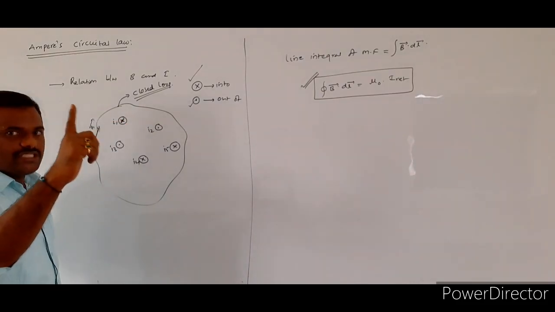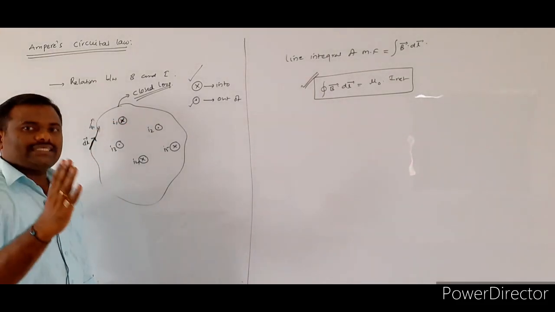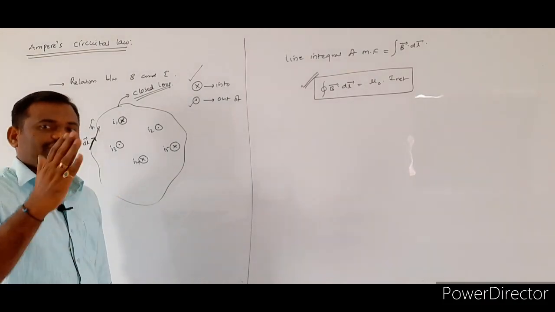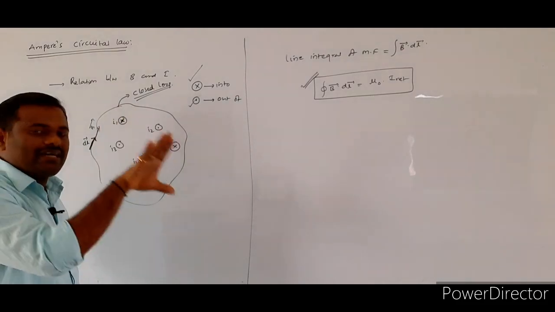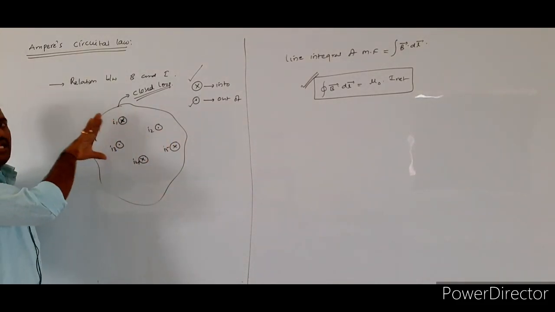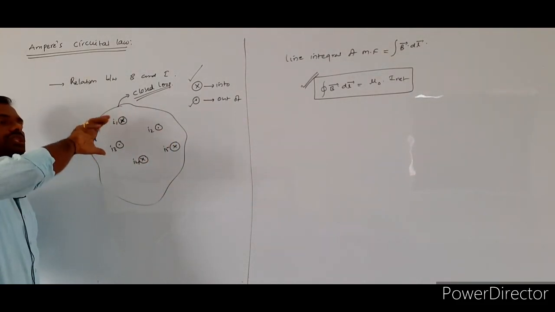Once again, first point is what? Place your right hand fingers in the direction of the dl bar and curl those fingers